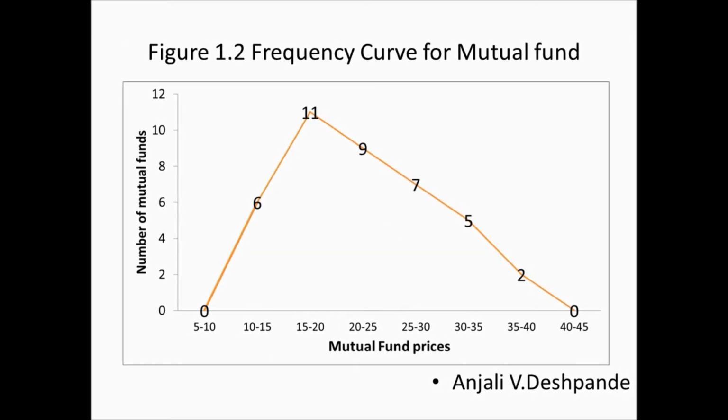So now we are going to see the frequency curve. In the frequency curve, basically what is done is that the frequency polygon is just smoothed. So sometimes it is also known as smooth frequency polygon, and rest of all the things of plotting the curve etc. remain the same.